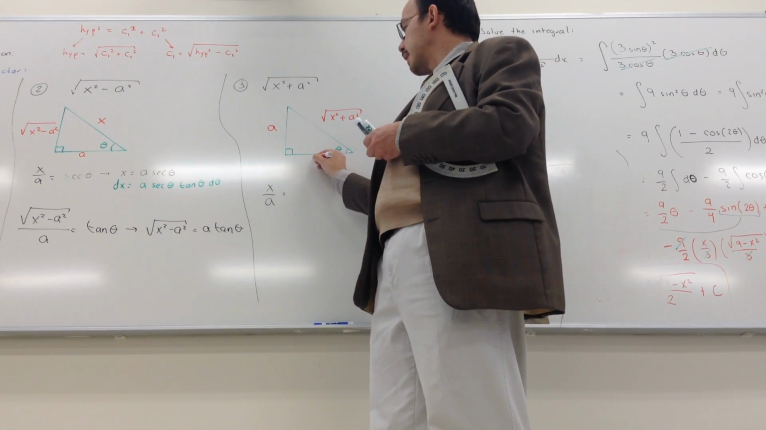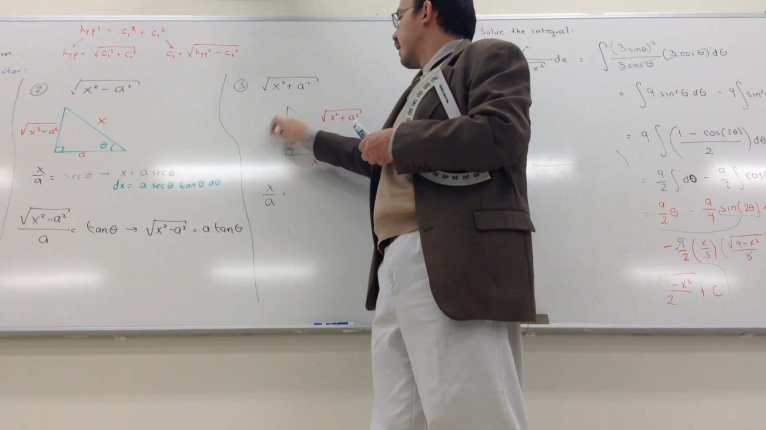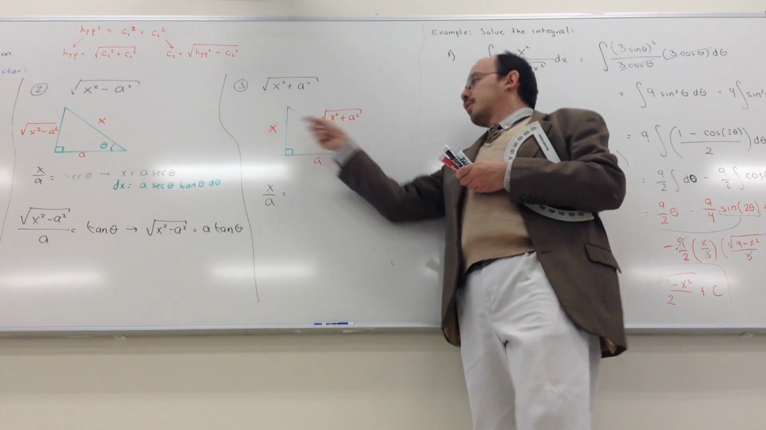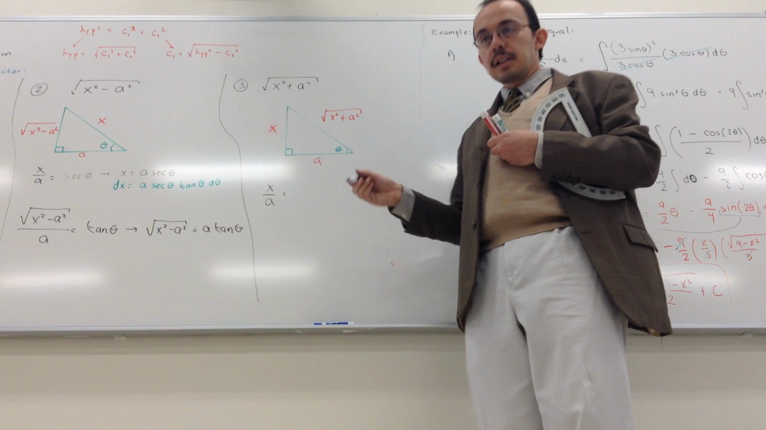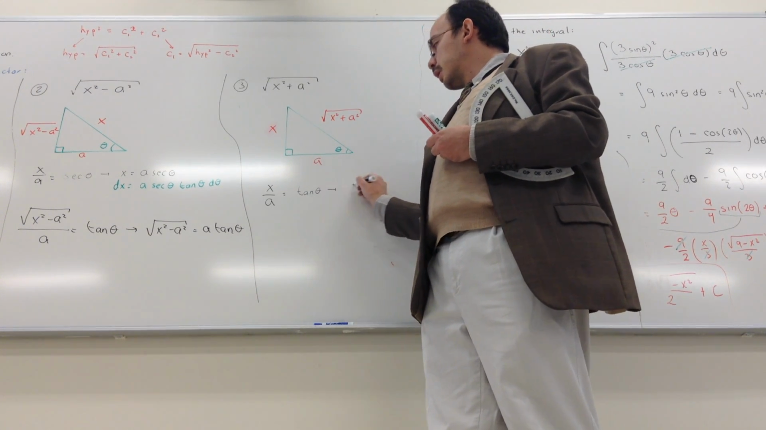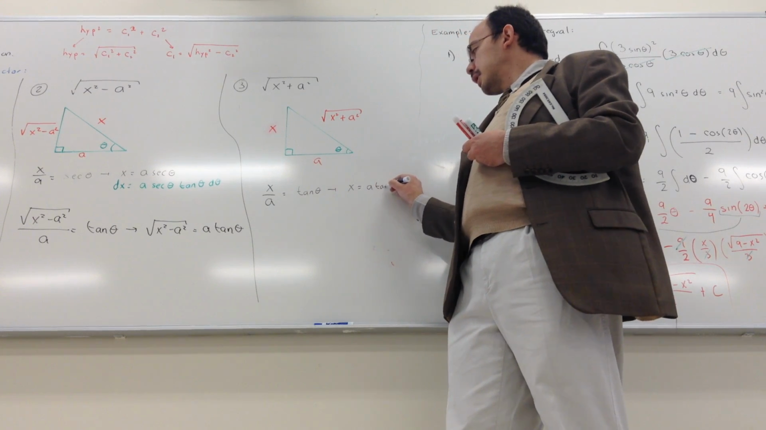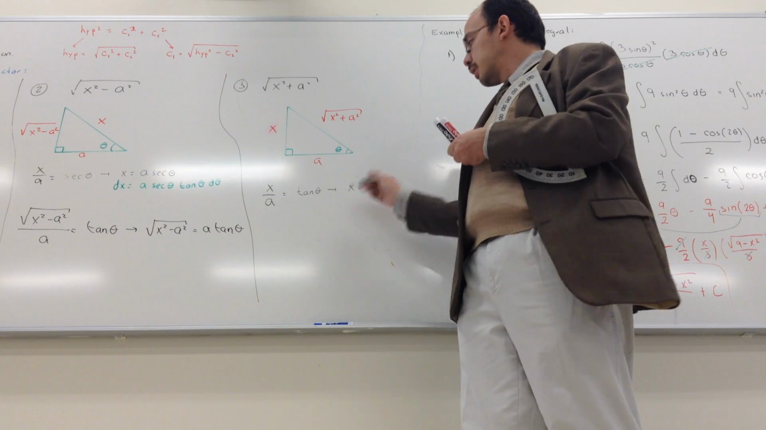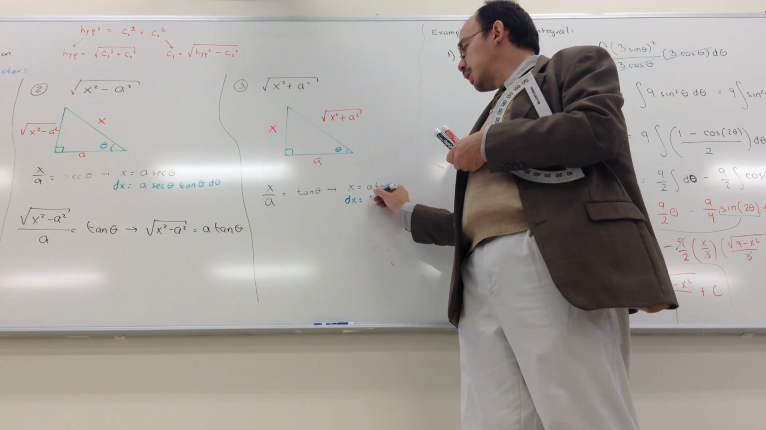So this one is x. Sorry, you said x here, right? X here and a here. So x over a is going to be tangent. X equals a tangent. And the derivative, just to prove that we are correct, the dx is going to be a